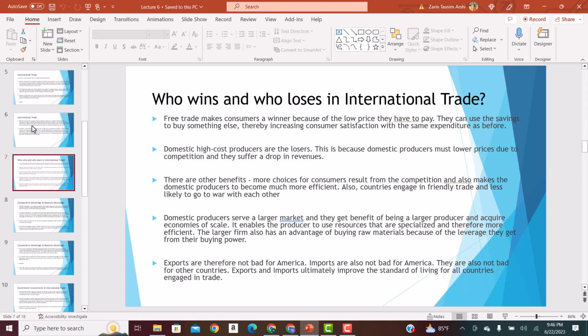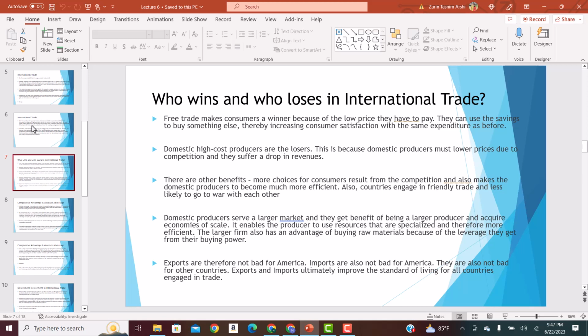When countries engage in free trade, the winners are basically the consumers, because they get a lot of choices and they pay low prices. They get choices of goods that are produced domestically as well as goods that are produced in foreign countries. And because the supply is high, they are able to get these goods at a lower price. Okay, the losers are high-cost, inefficient domestic producers, right? Because they are producing these goods at high cost, they're unable to compete with the foreign producers, and as a result they lay off workers and shut down their production.